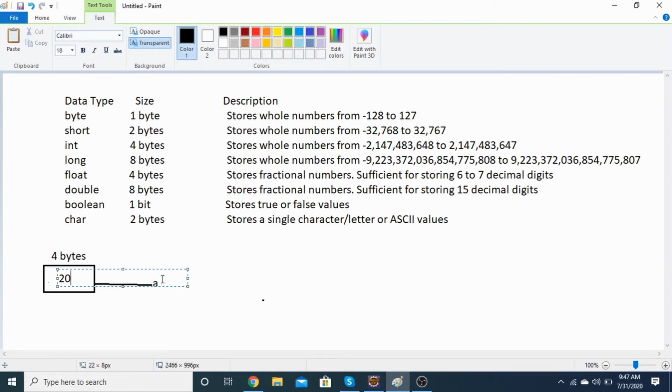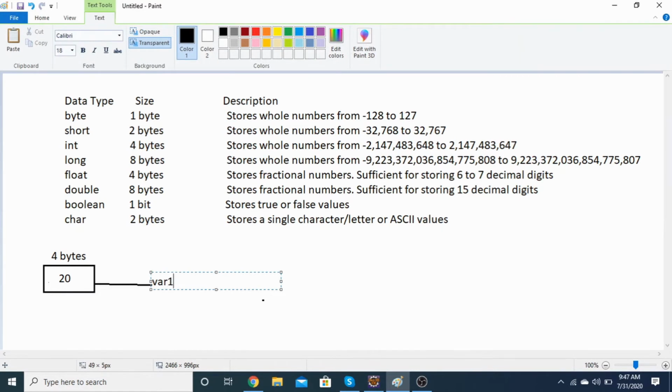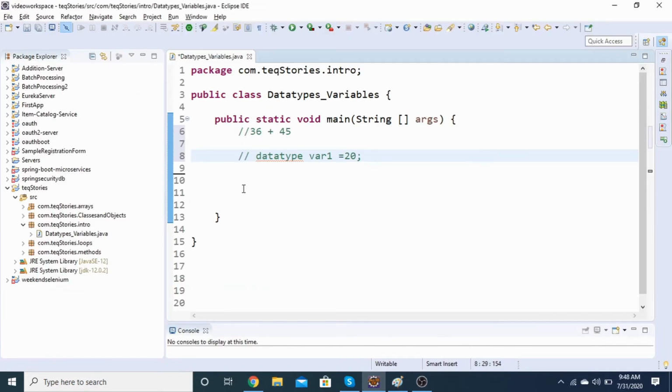Your variable1. So I will remove this A from here and call it var1. So var1 is pointing towards the integer data type and it is referencing the address where the value 20 is stored. That is how you have to define the variable.